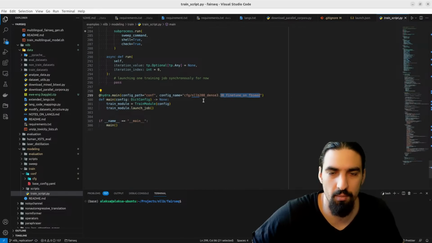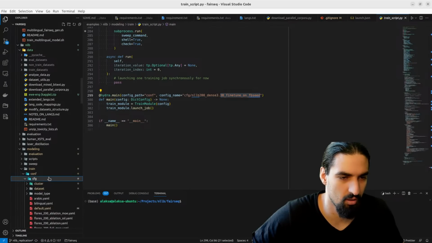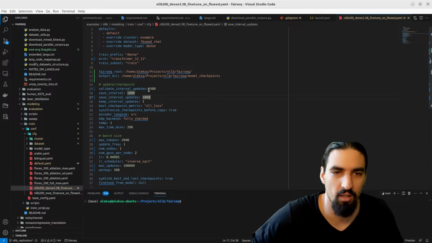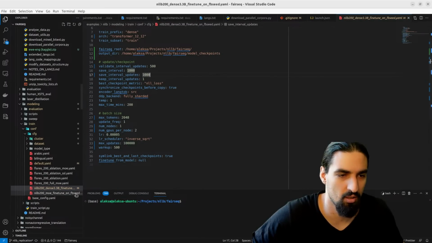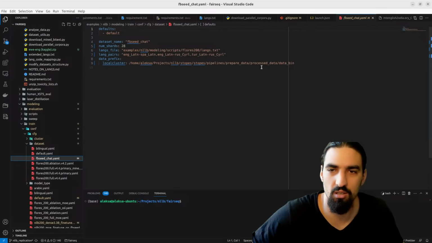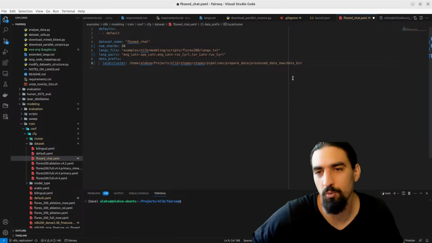Aha, this one is set up using the config here. Okay. So for that, let's just open the config. And let's just open the fine-tune FP and let's just change the data set FP chat. So this one needs to be, instead of this, we need prepare data, process data new.